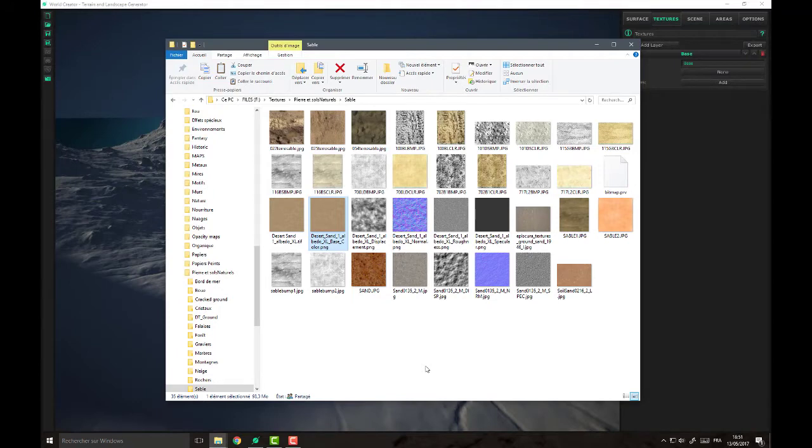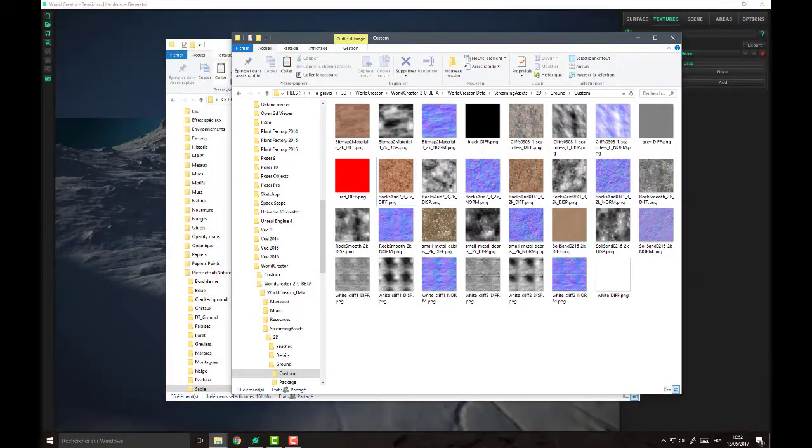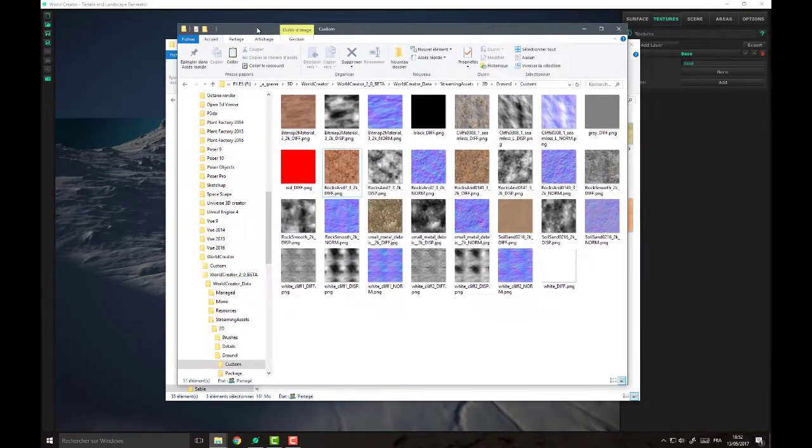This is the directory on my hard disk where I stored some textures, and I want to add this one. To make sure I can add it to World Creator, I need to check two things. I need three textures: the color, displacement, and normal ones, and I need them to be in PNG format. Both of these conditions are met, so I will copy these and paste them into this folder